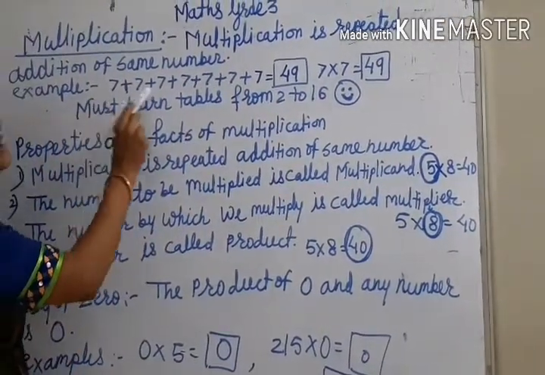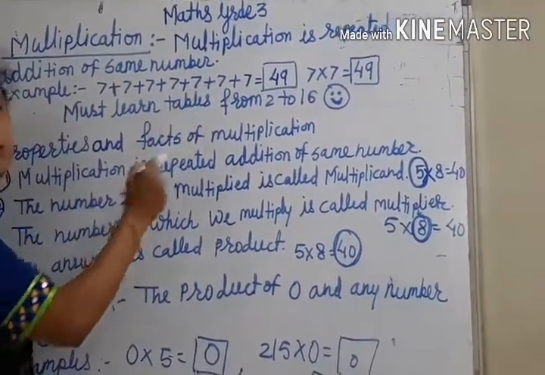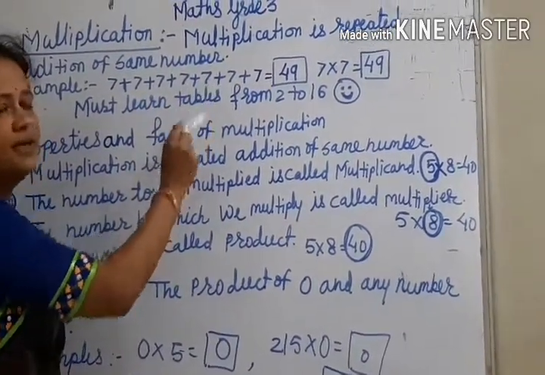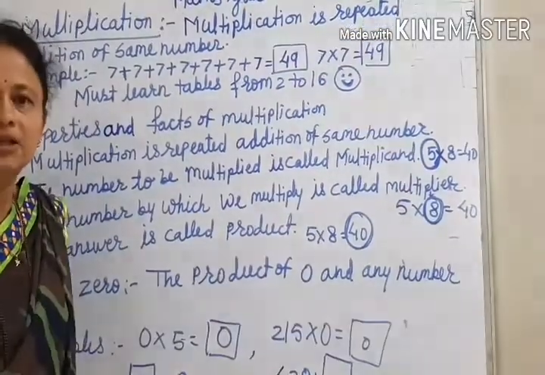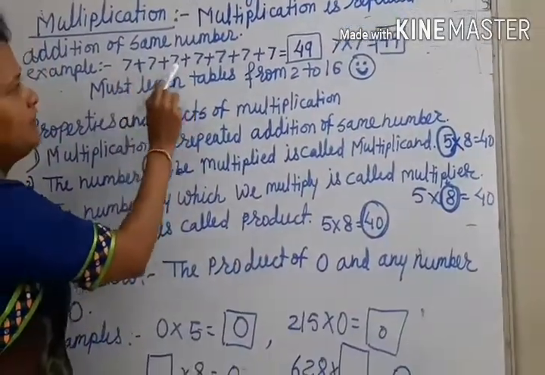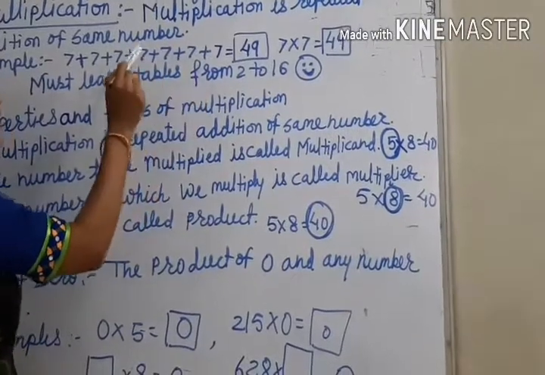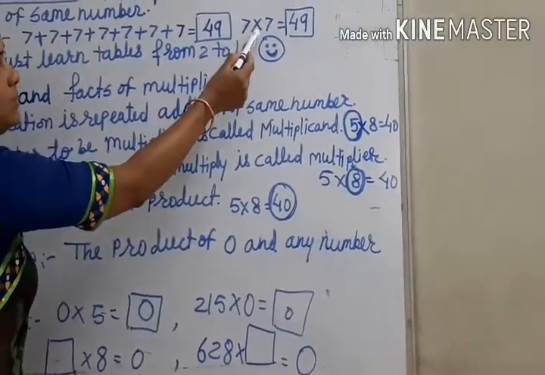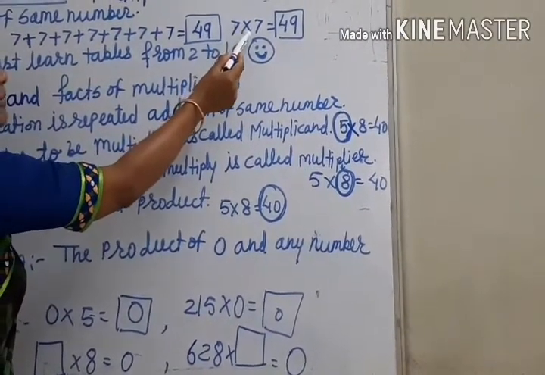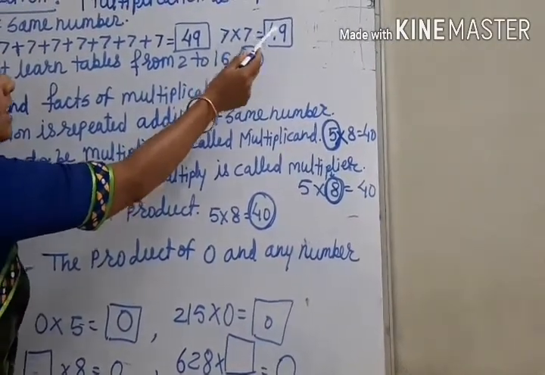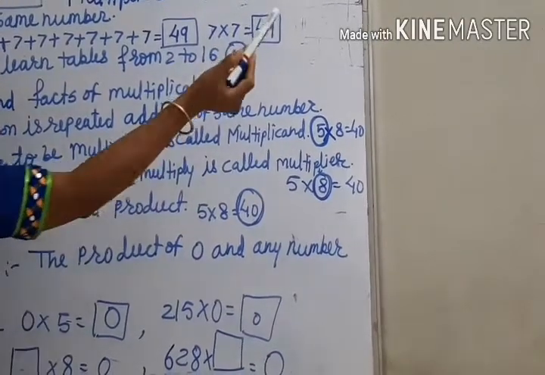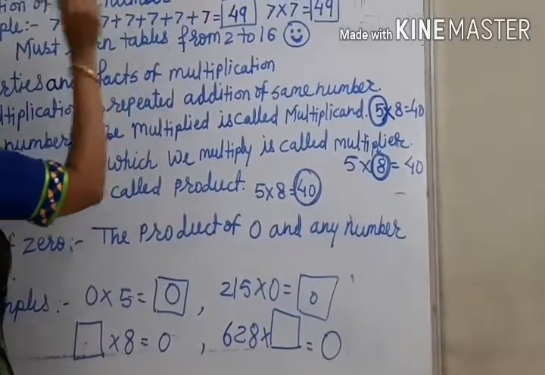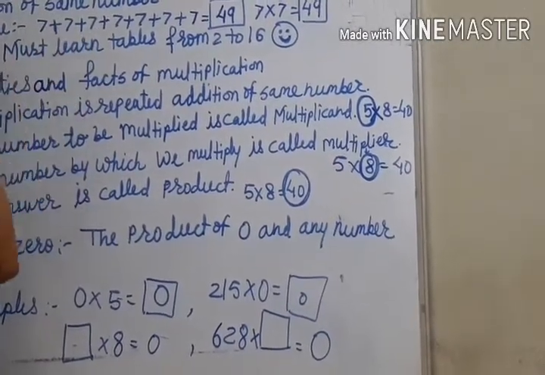This number was small, so it was easy for us to solve. But if we get a large number, it will be very difficult to solve this repeated addition. Instead of this, to get a very fast and quick answer, we can take help of multiplication. 7 multiplied by 7 means 7 sevens are 49. This answer we got within 1 second. So in this way we understand that multiplication is nothing but the repeated addition of the same number.